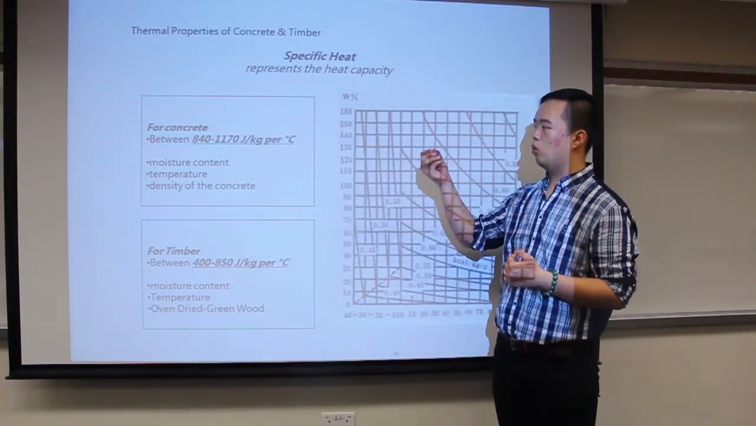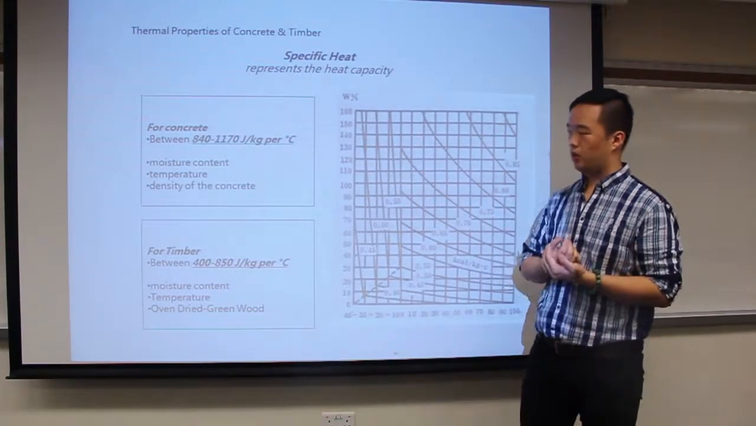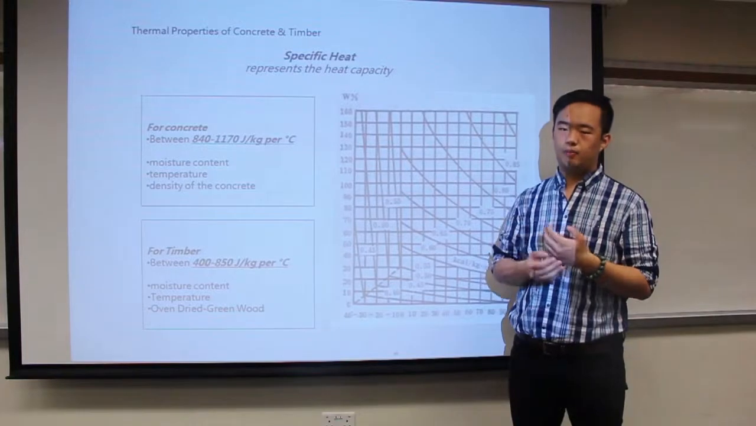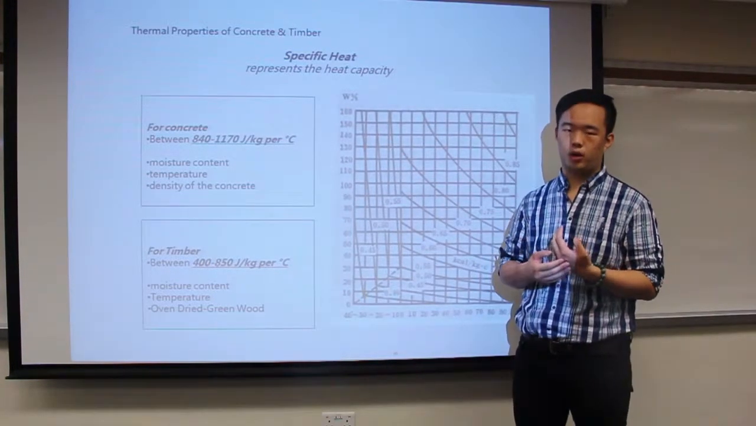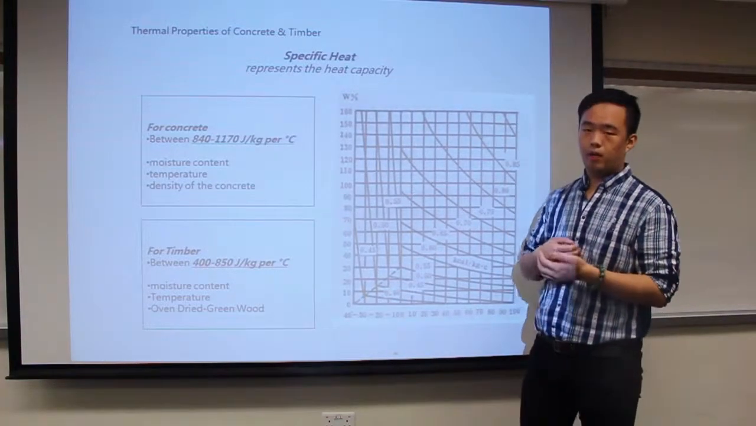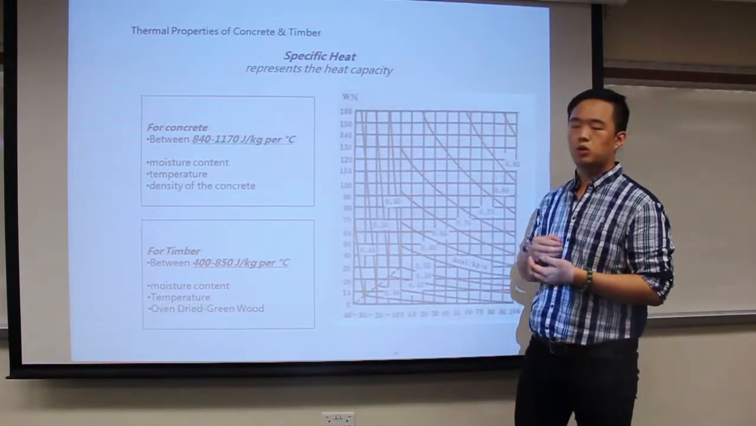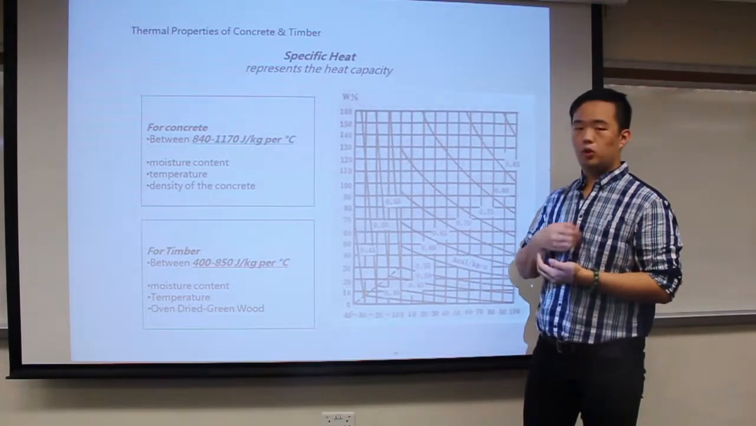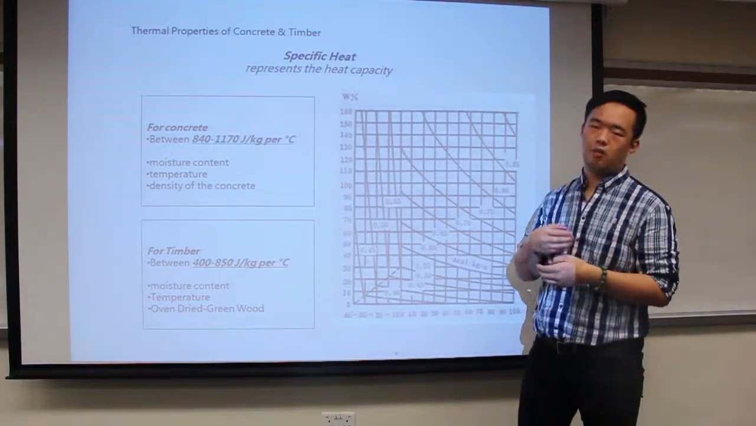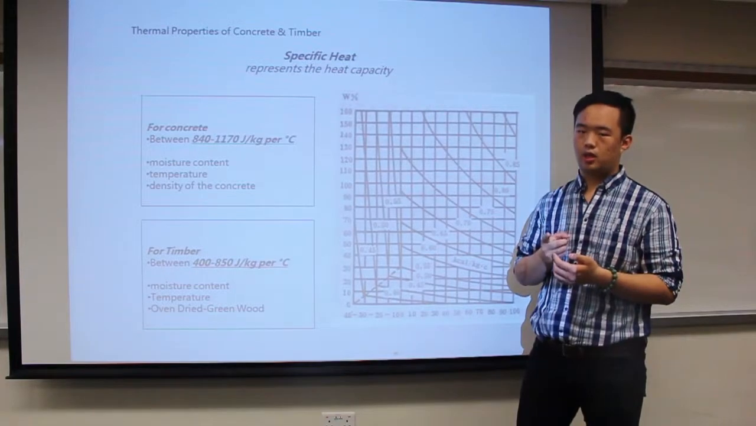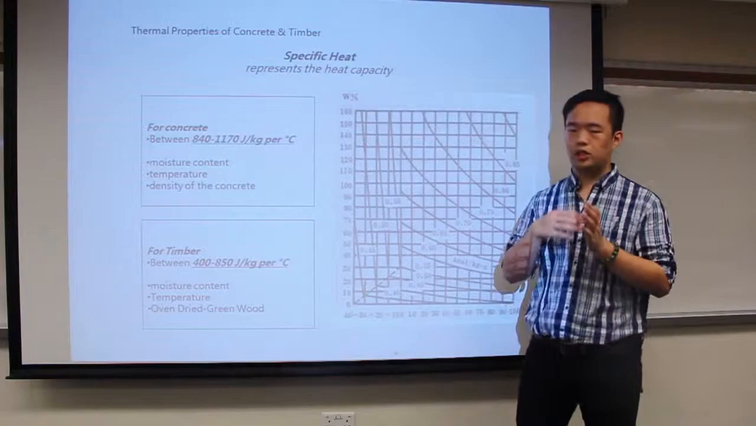840 to 1170 joule per kg per Celsius degree. And it will be affected by the moisture content, by the temperature, and also by the density of the concrete. Next, for timber, the coefficient is between 400 to 840 of the same units, and it will be affected by the moisture content, by the temperature, and there is one special thing. The oven dried wood would have a different coefficient from the